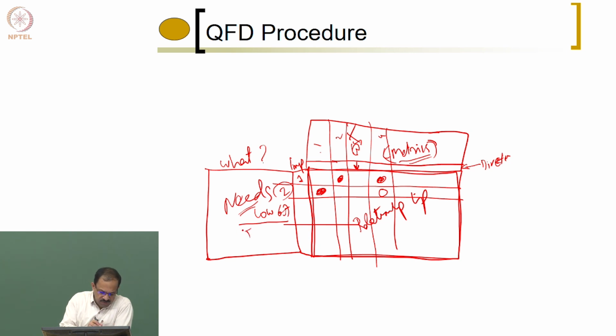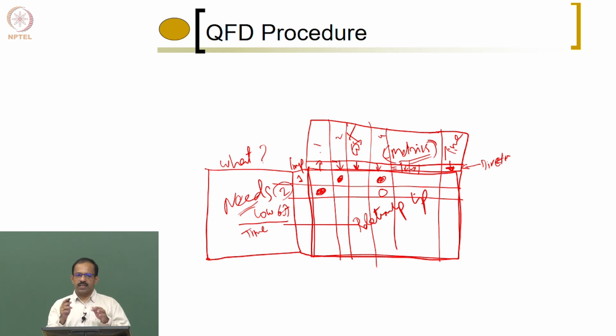Similarly, if it is time to assemble, then time will be a metric. We know the time should be reduced. So we put an arrow to say that it has to be reduced. So this way, we'll try to identify the direction in which the metric is to be moved, whether you want to increase it, make it the same, or decrease it. So for each and every metric, we'll identify whether something has to be increased, decreased, or maintained the same in order to satisfy the customer.